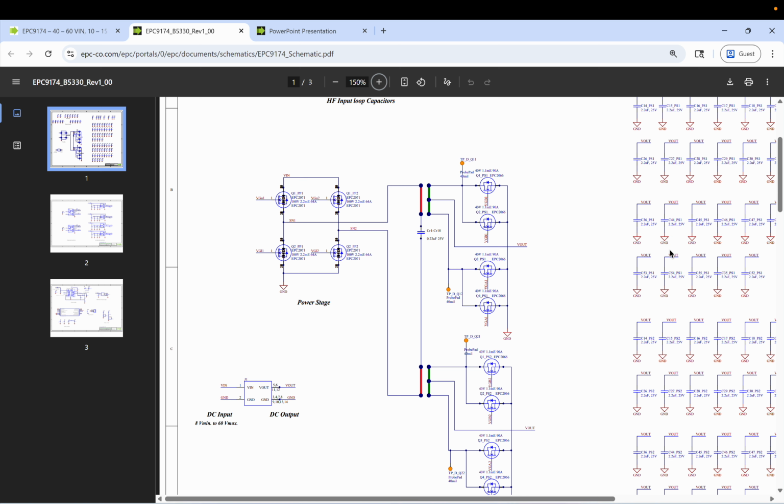Let me show you the final model. Basically, this is the schematic of the EPC design. It's a full bridge. What I did in this video is design the final model and make it like a final video, because